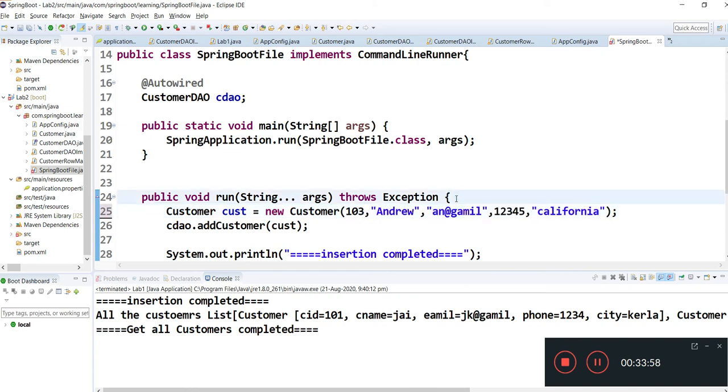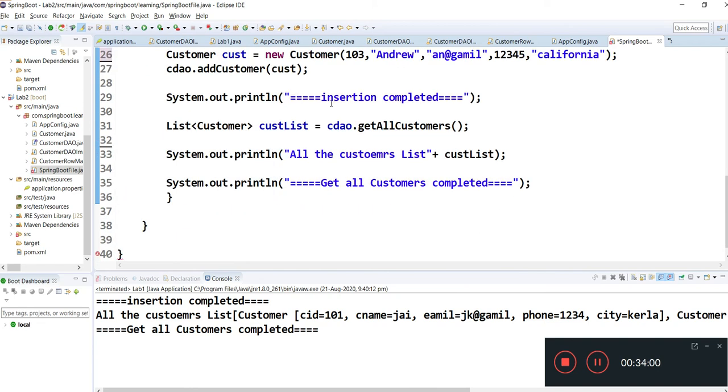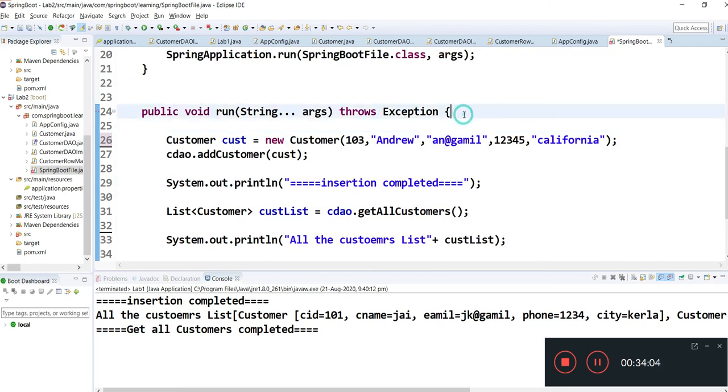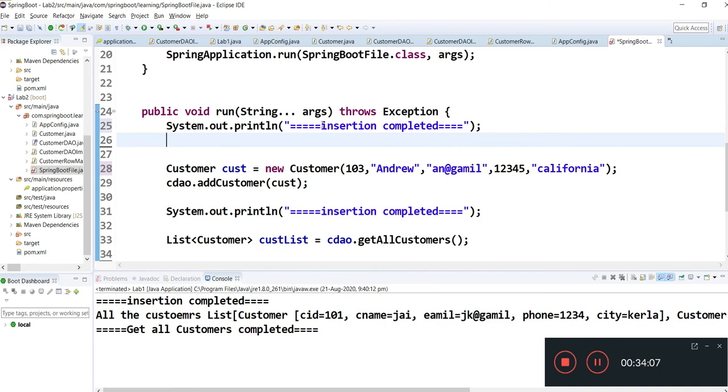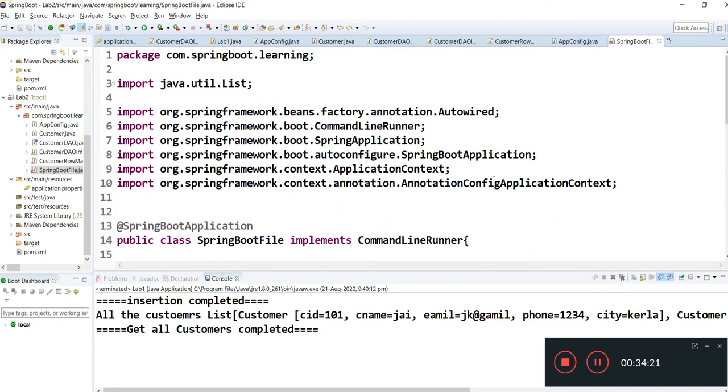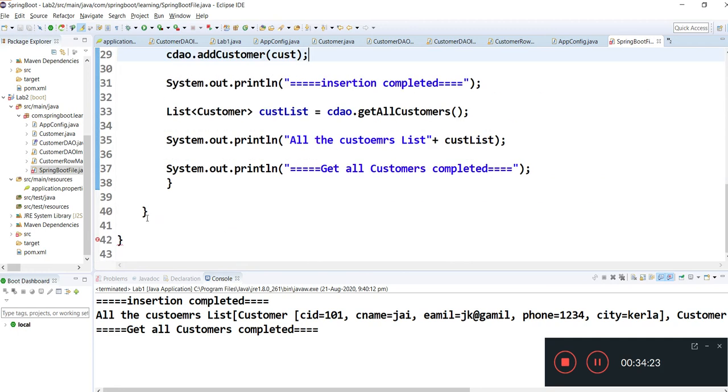I am changing the id over here, and I will write some SOPs saying Spring Boot first application. Okay, I could see some errors over here, not sure why.